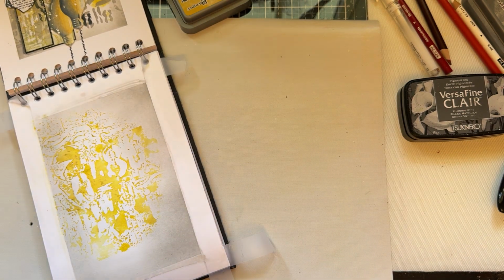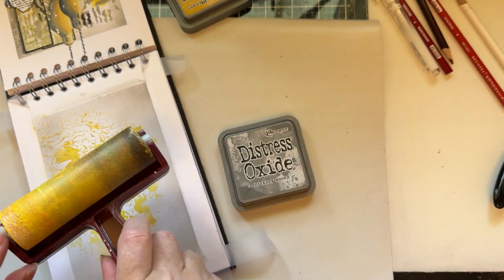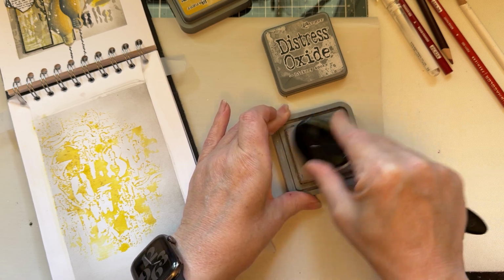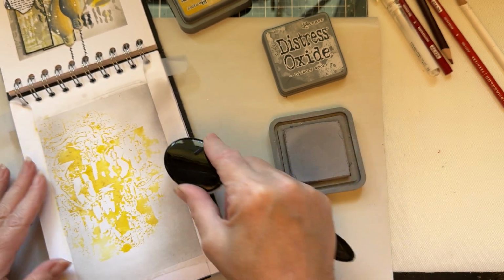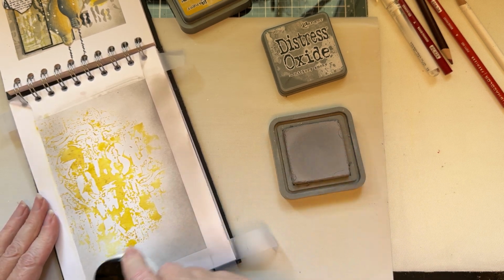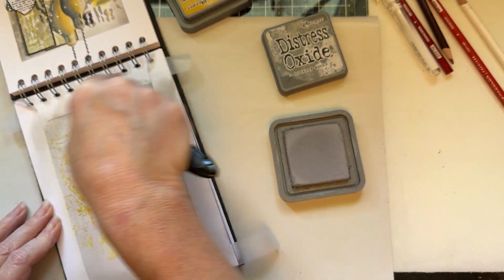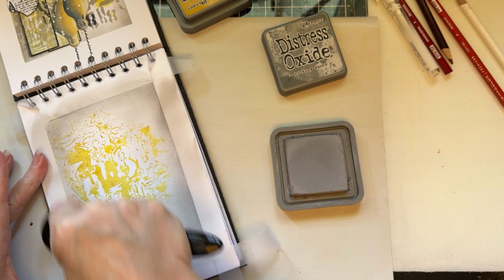Just love that. And then what I'm going to do is come in with a little bit more of hickory smoke. I must be having a theme with this because I've been using it in a different project. My brayer is in all those colours. So let's just pick a little bit more ink up. And I'm going to come round the edges and just make that a little bit darker. And it's up to you how dark you make those edges. You don't have to have them dark if you don't like it too dark,